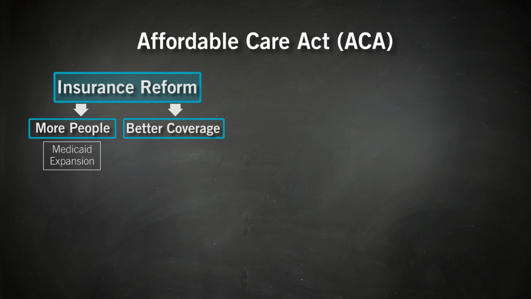But the overall intent was to cover more people by expanding Medicaid with federal dollars up to 138% of poverty. The second way to cover people, which applied especially to people who didn't have coverage through the commercial insurance market, their employers, which is about 150 million people have that coverage, or through Medicaid or through Medicare, for that very special population known as the individual and small group market, was to give them access to coverage that they otherwise wouldn't have had through state-level exchanges, marketplaces, which the states would set up, asking insurance companies to post opportunities for insurance on that marketplace, and for the federal government to give subsidies to people to buy that insurance, subsidies that varied with income from 138% of poverty up to 400% of poverty.